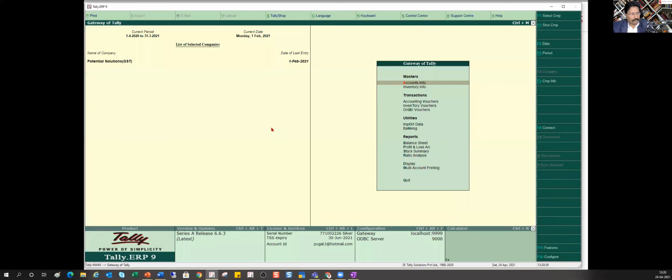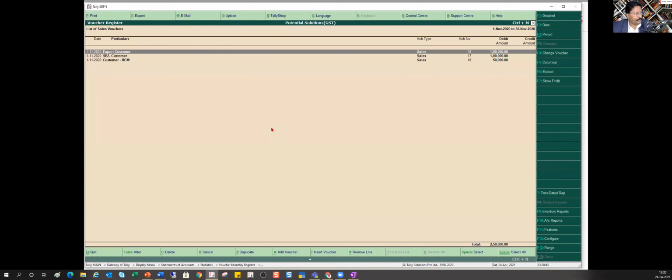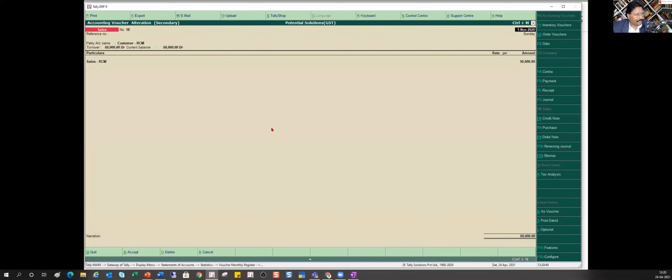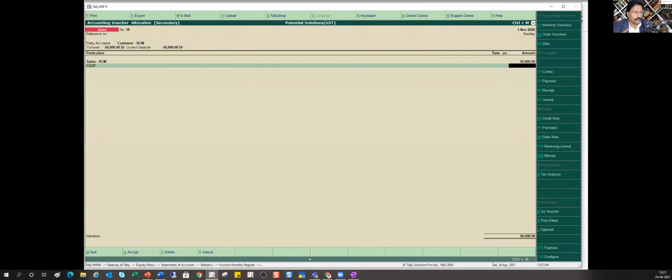And now I'm going to come to the day book, my sales for the month of November. So in November, customer RCM, I have made a sale. I'm making an outward supply where I mark this as RCM. And now let us say I am going to select CGST, even though I am making a sales invoice.